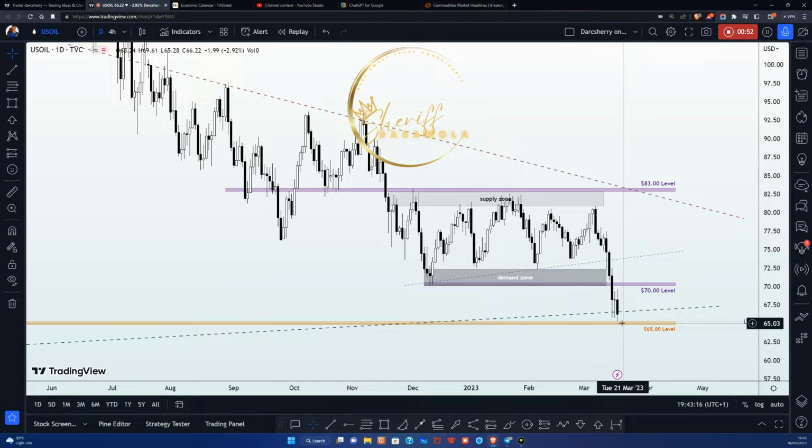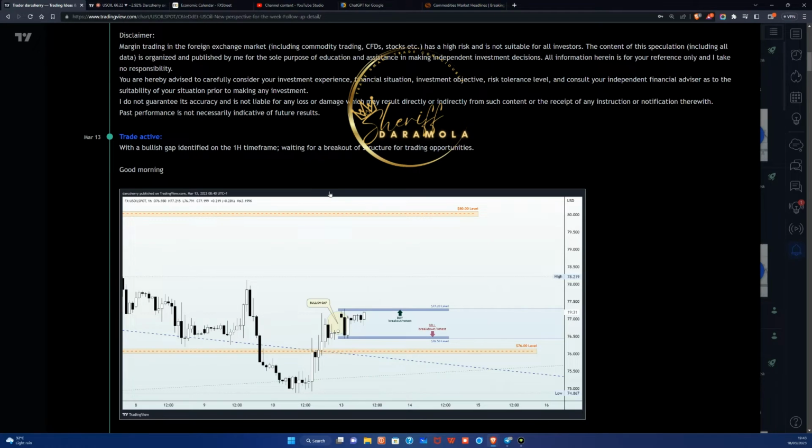In that regard, I would like to share some key moments that we had during the course of last week's trading session before I go into the details of what our expectation is going to be for this week. So, talking about last week, the week started with a simple setup that we had here,